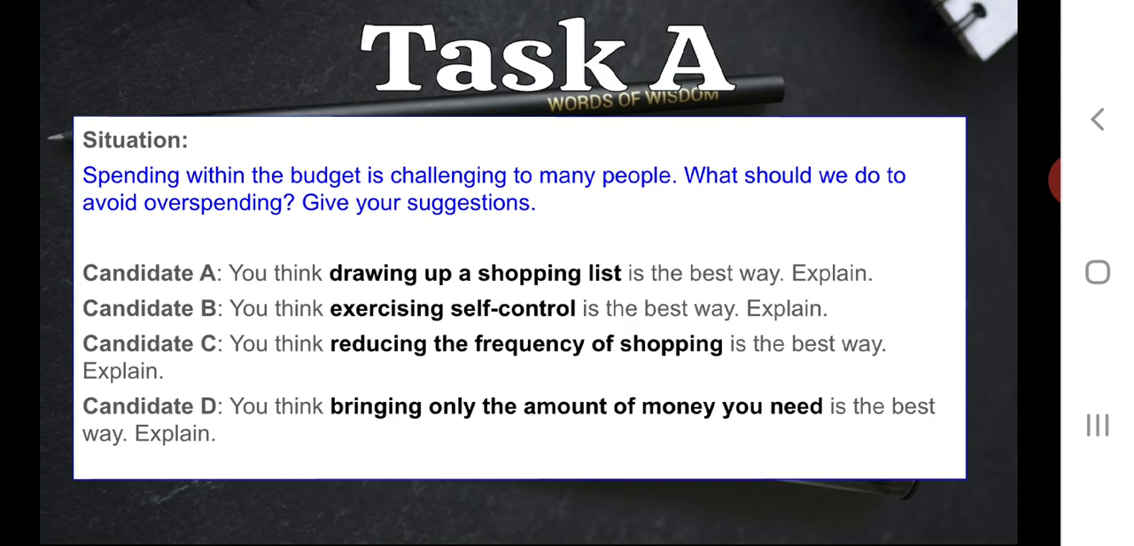You think exercising self-control is the best way. Explain. Alright, and candidate C is supposed to talk about reducing the frequency of shopping is the best way. And candidate D should present on bringing only the amount of money you need is the best way. All right. So this is actually the question for each candidate that needs to be presented